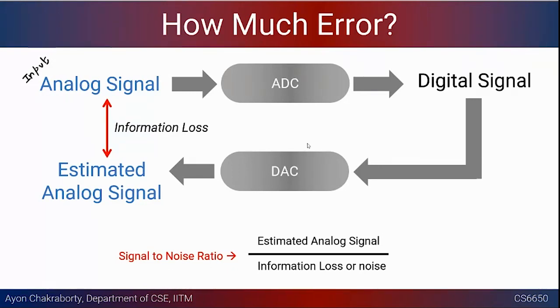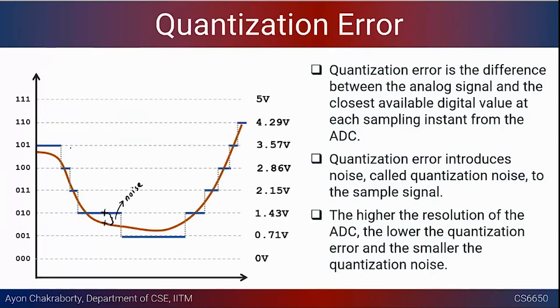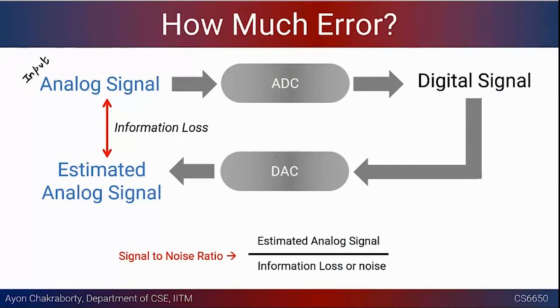Because if you remember, in the last slide we had this mapping. Every digital code is associated with some analog signal value, right? So this DAC is the digital to analog converter. It is doing the reverse thing, digital to analog, and this is going to give you an estimated value of the analog signal. At every sample instant, whatever your input value was, it will do its best guess to estimate the value of the analog signal at that particular time instant, and there will be some information that is lost, right, because of this quantization.